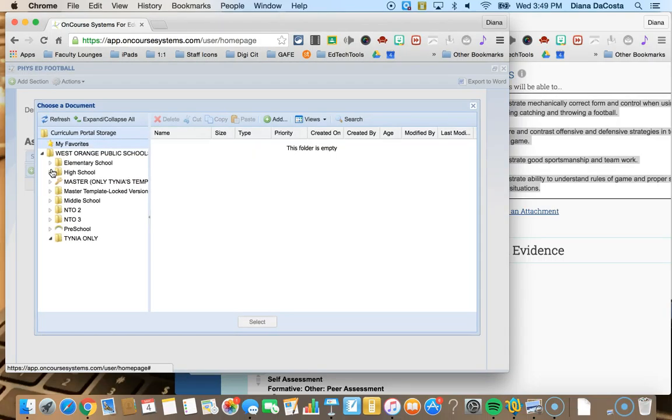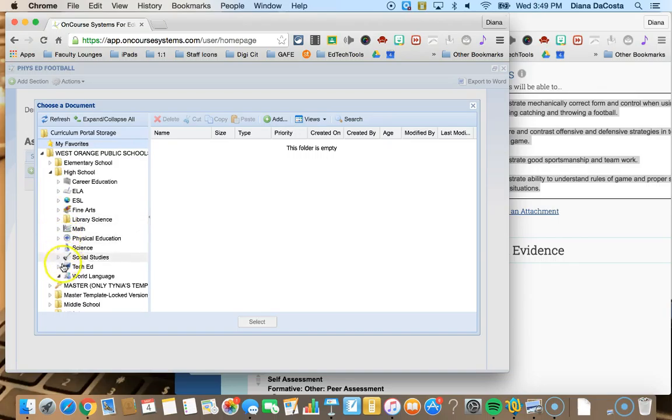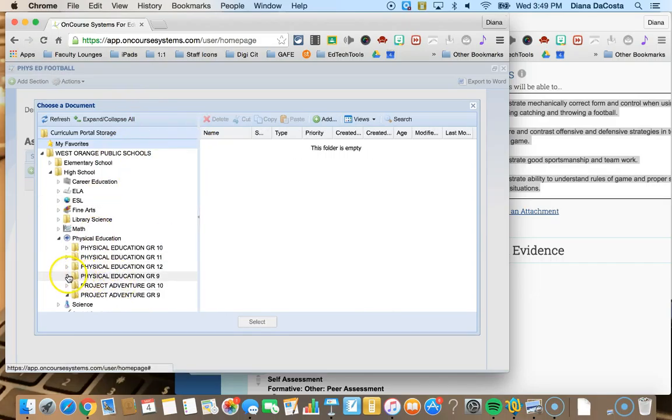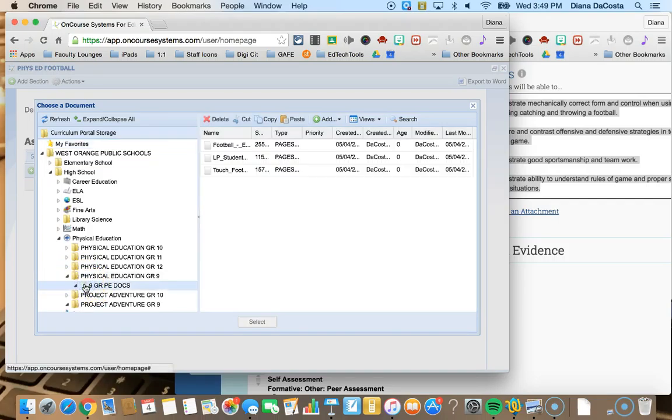But I have to find them. Remember, we placed all our documents under High School, Phys Ed. Open that up, widen this so I can see it, click Open the Phys Ed Grade 9. Open this, and now out of these, if you need to enlarge, you just click and drag so you can